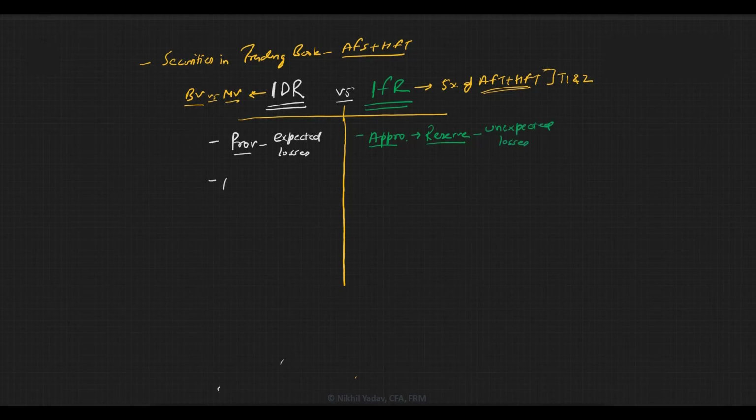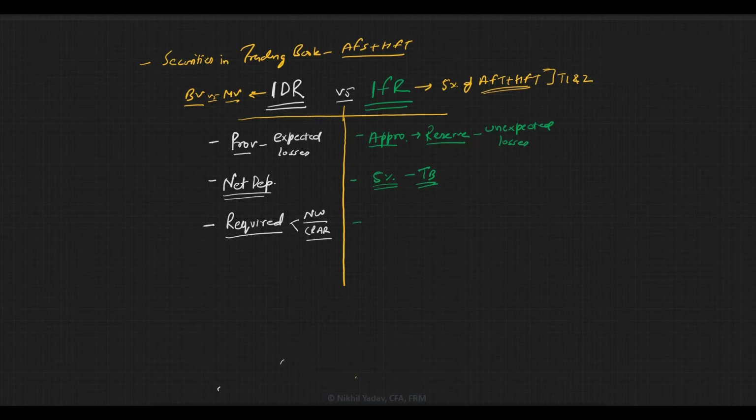IDR is only required when there is a net depreciation, whereas IFR is always required so long as we have the securities in the AFS HFT portfolio. This will always be required as 5% of that portfolio of the trading book. The banks are expected to make IDR only as much as it's required. There is no real tangible benefit that they get for the required amount in either net worth or the CRAR,